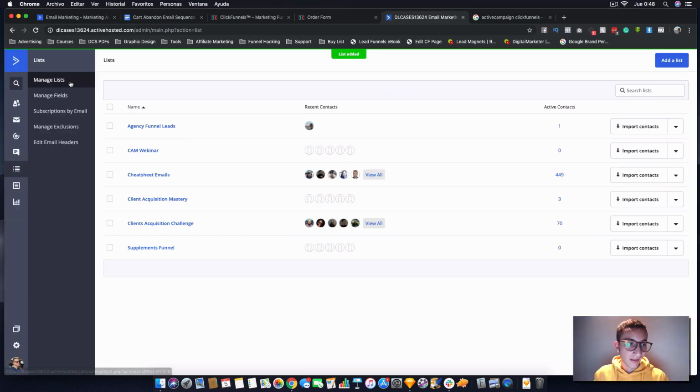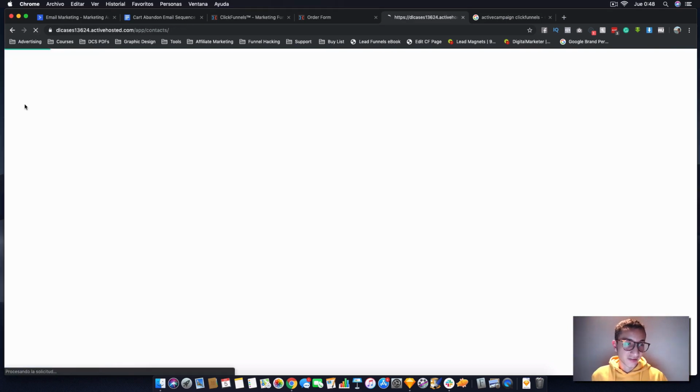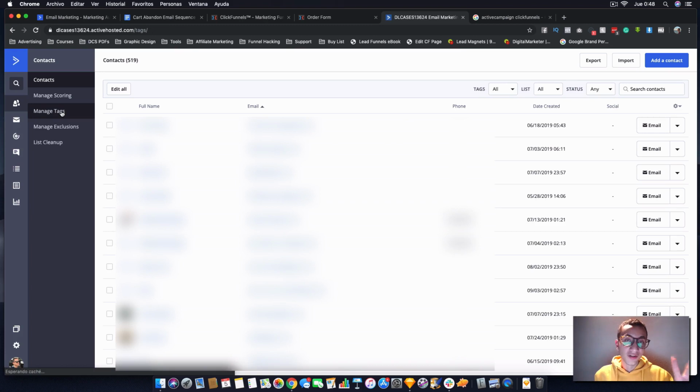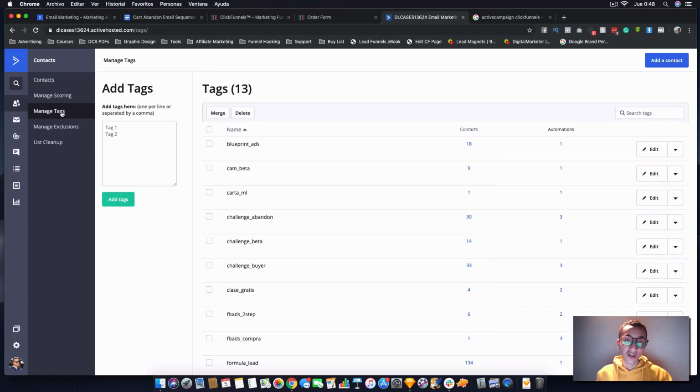Super simple. Then we're going to go back to contacts and click on manage tags. So we're going to create two tags on here. The first one to identify the people who put their information and don't finish the purchase, and the second one to identify the people who actually purchase. All right. So the first one, and you can name it however you want, this is only an example, is going to be supplement